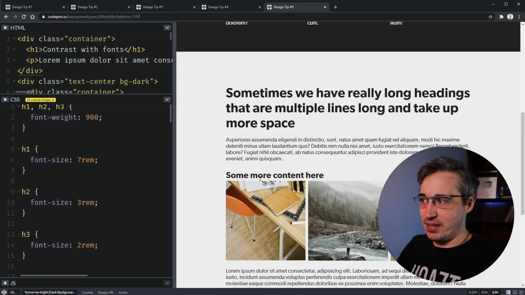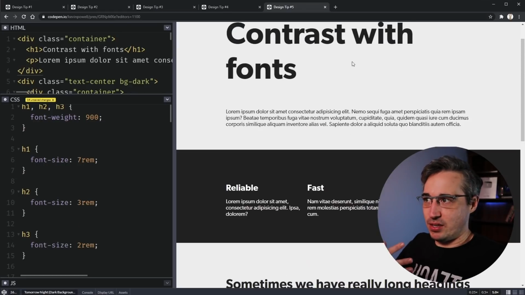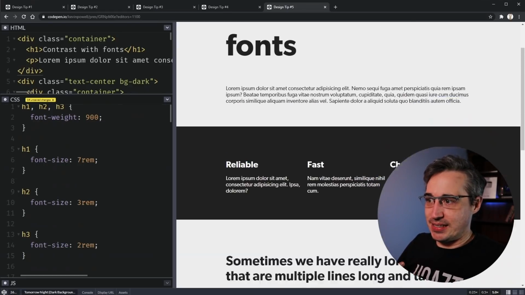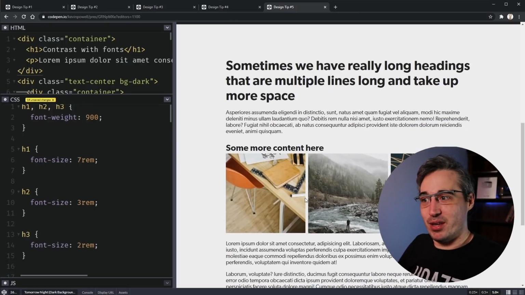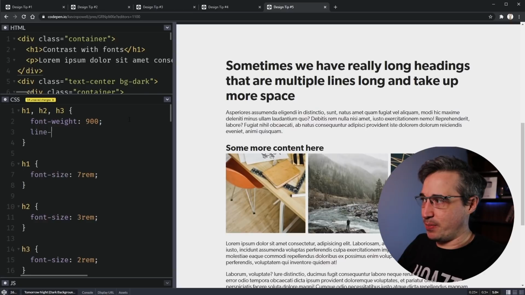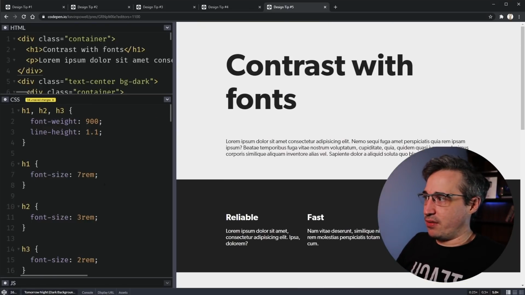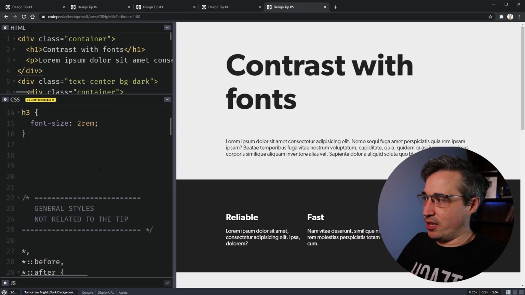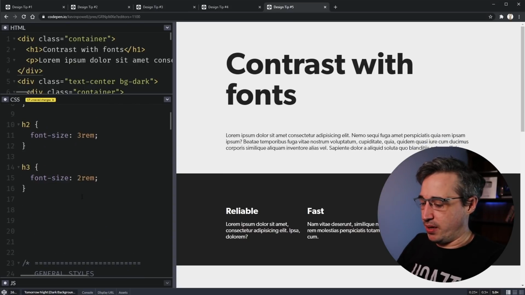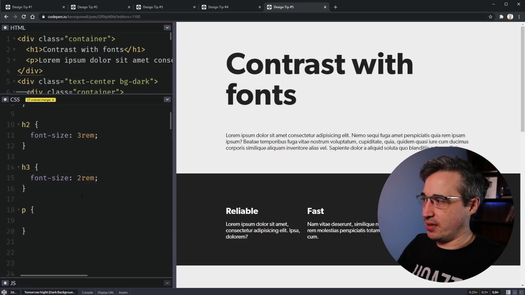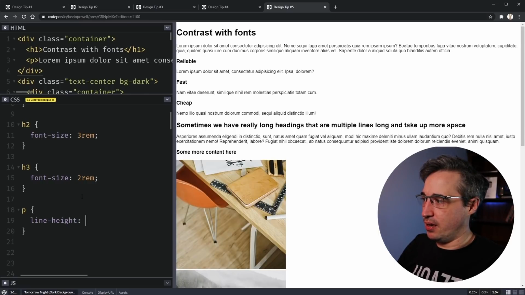And it's increasing that just by a little bit, but here you can see how this is grabbing my eye and it's leading me through this page a lot better than it was before with these really quick things that I just did. And if I decrease my line height here again, like we looked at before, we'll do a 1.1 again, just to help make these more like blocks of content, or maybe even a 1 on this would work. And on the paragraphs, we could come in. So on my, we'll just do paragraph for now. I usually set this on my body, but line height of a 1.5.